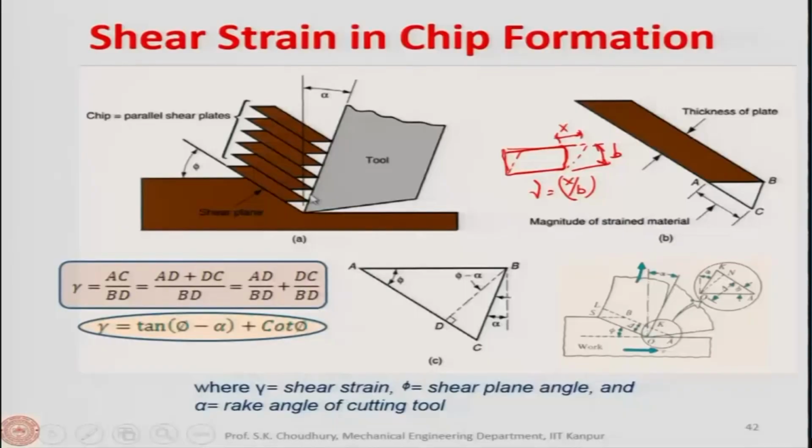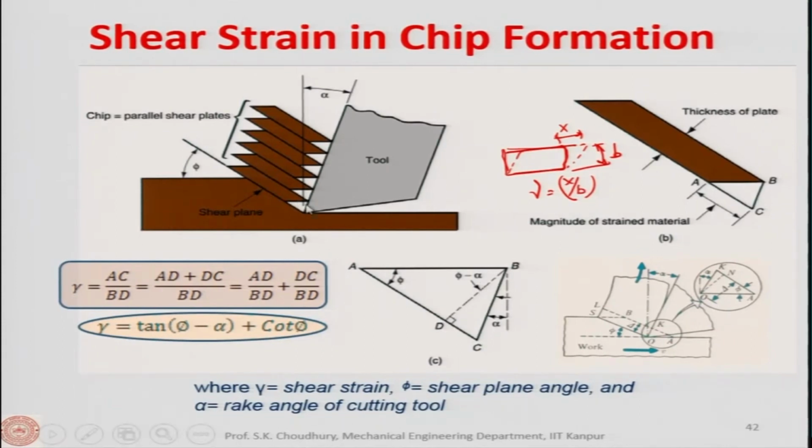It is like a playing card pack. Each playing card has some thickness, and that thickness is the same for all the cards. So we assume here that the chip is sliced, and each slice has the same